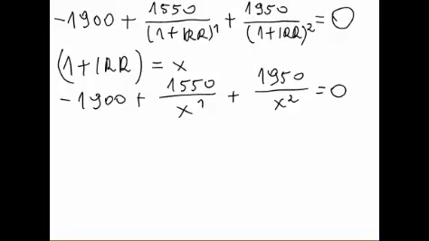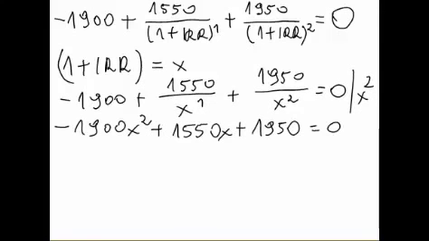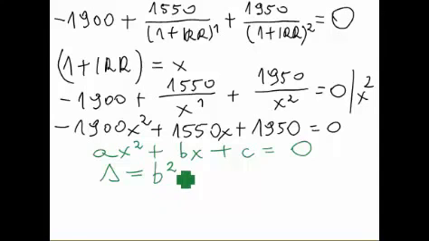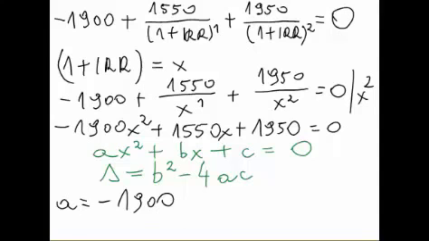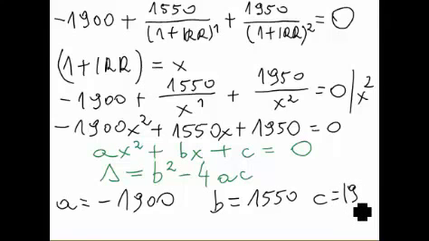To solve this equation by hand, we substitute 1 plus IRR by x and receive the following equation. By multiplying both sides of the above equation by x raised to the power of 2, we receive a classical quadratic equation, which we solve with the use of delta formula: b squared minus 4 multiplied by a and c. In our case, a equals minus 1,900, b 1,550 and c 1,950. So our delta equals